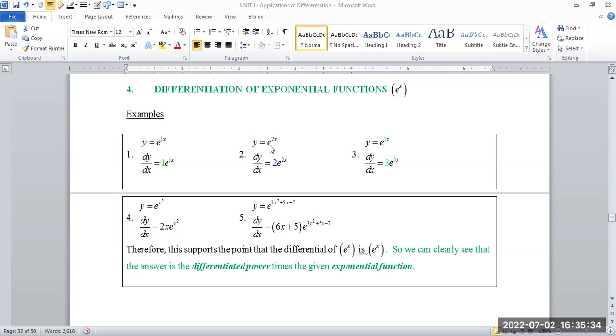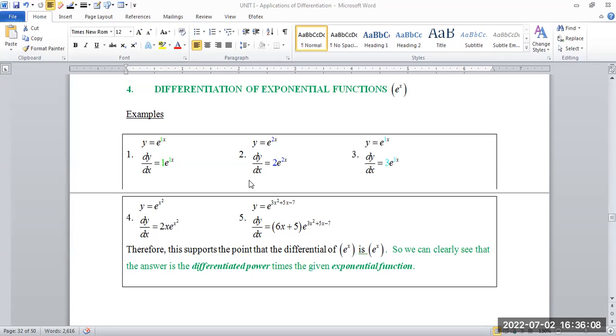The differential of e to the 2x is going to be e to the 2x. See to yourself, e to the 2x. But I now need to differentiate the 2x. So when I differentiate the 2x, I'm going to get 2. And I drop the 2 right here. So you see that, Rush? So basically what is done, you differentiate the power, carry the differential of the power in front of the e,